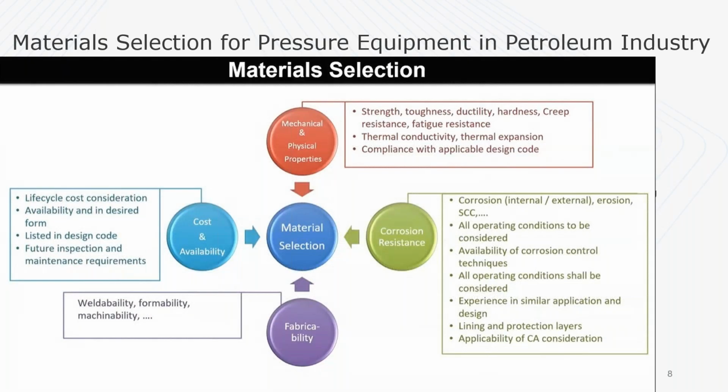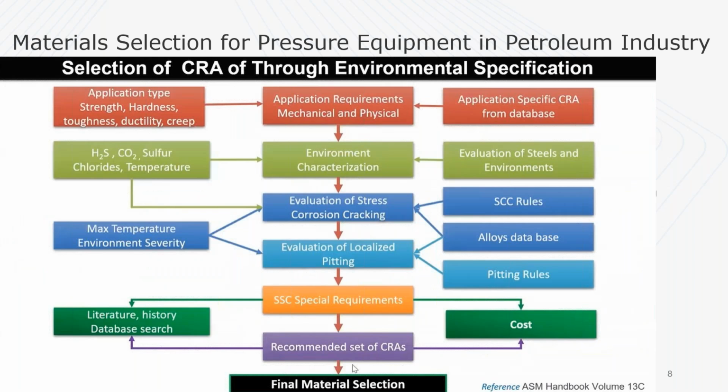So, material selection is normally a little complex. Yes, you should check at least cost and availability, mechanical and physical properties, fabricability, and corrosion resistance. This is also important and it is informing a lot, but it's not that easy actually. It's a little bit more complicated. You need to make more tests and research about the material.